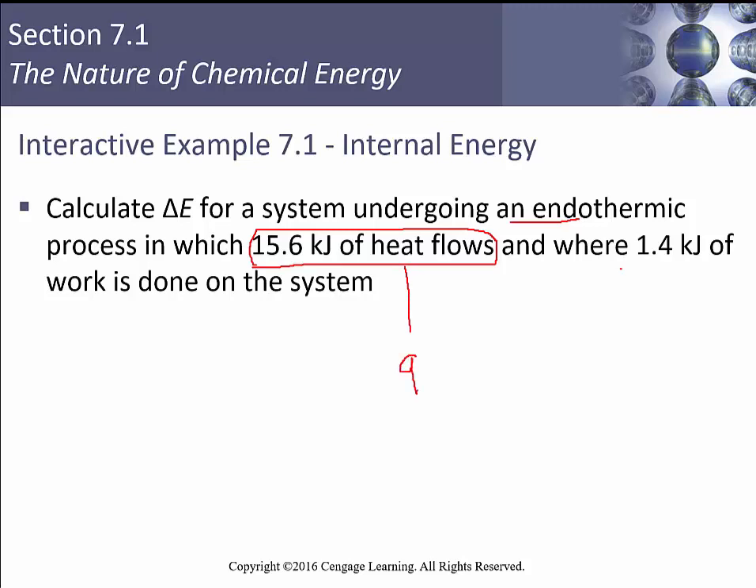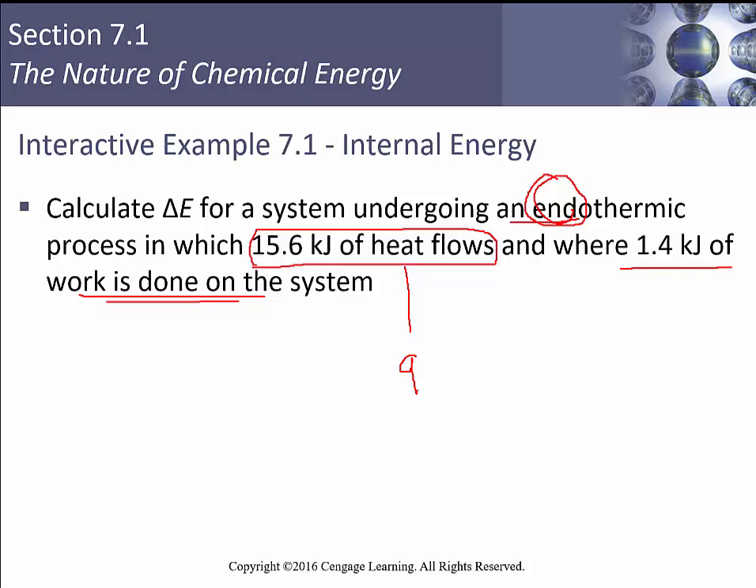And where 1.4 kilojoules of work is done on the system. Right, so when you see these, the keywords you're looking for to determine the sign are things like endo or exothermic. And if you're talking about work, you want to see is done on the system or is done by the system. So if work is done on the system, the energy is going into the system, it'll